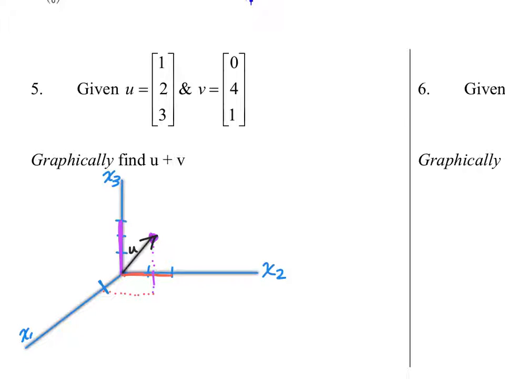Coordinates 1, 2, 3, but that ray is in space. All right. So again, this works out well because I have a graph at my disposal right here. I have a graph with tick marks and everything. So if I'm plotting 1, 2, 3, I'm going 1 unit in the x direction, and then 2 units in the y direction, right? So back here, and then 1, 2, 3 units in the z direction. So my point is here, floating in space, connected to the origin with a ray, and that's your